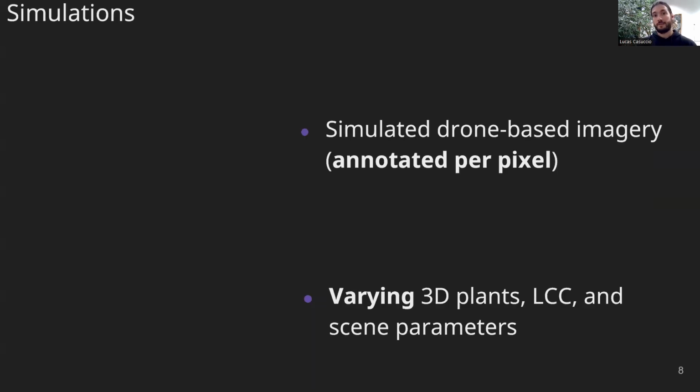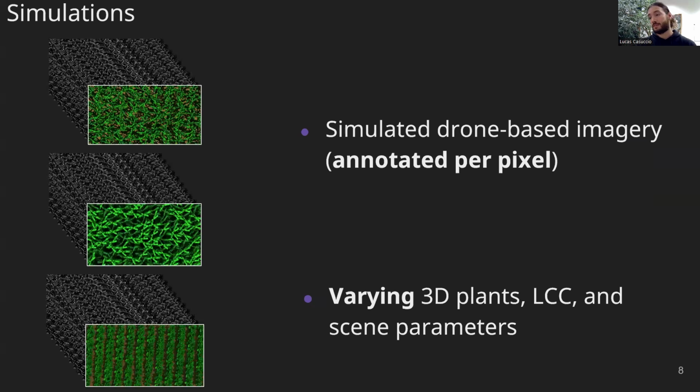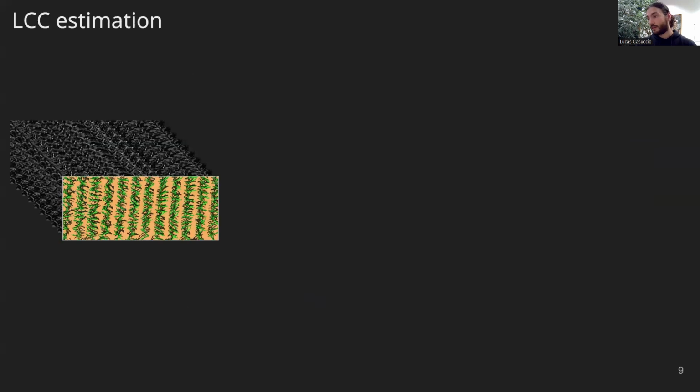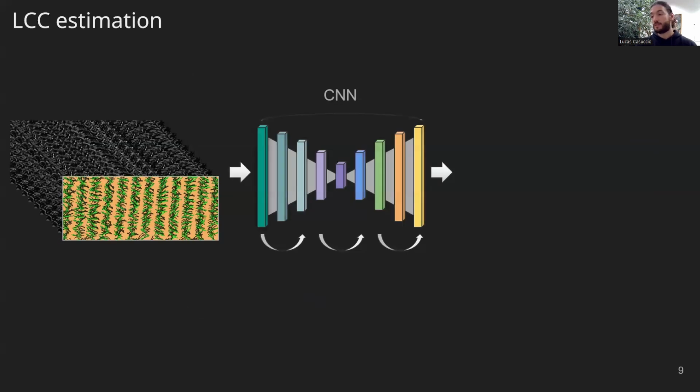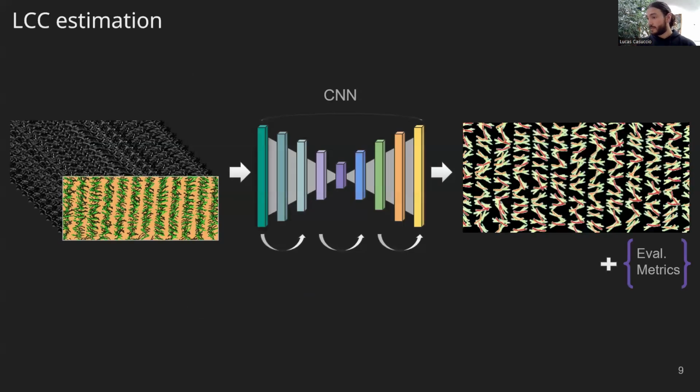After simulating the 3D scenes, we generated annotated data sets out of them, and this resulted in various data sets of different conditions and parameters. These were used then to train a machine learning model to estimate leaf chlorophyll contents per pixel, as we can see in this map representation. Moving on to the results,